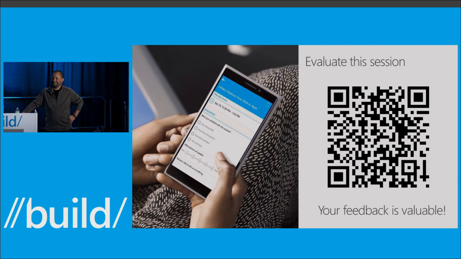With live tiles, you have to set the back color in the manifest. Is there any way we can have an update to push new background colors to the live tiles? The question was, can you push to update the background color? And it's really no. The closest you'd be able to come is set an image in as the background, as a color, and that would roughly give you the same effect. But it's not really part of the payload today.